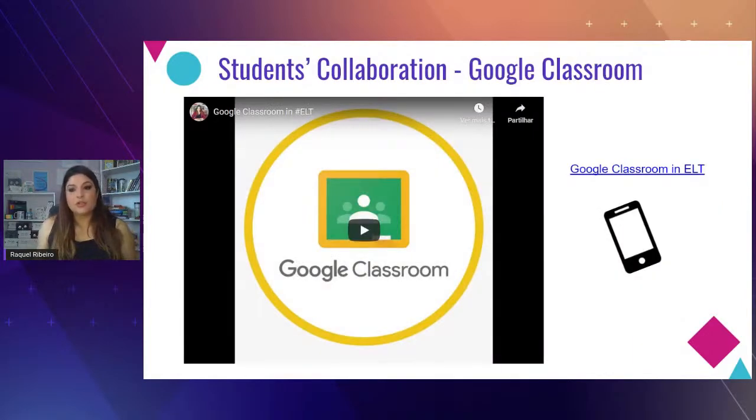The next thing I'd like to show you are now exactly the tools to move along with digital collaboration. Collaboration is when students take part. The first tool I'm going to show you is Google Classroom, but it could be very well a Google Documents, for example. I just wouldn't recommend WhatsApp because it is not possible to organize things in WhatsApp, and that's the only reason why I do not recommend that.